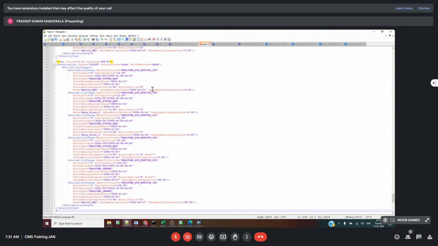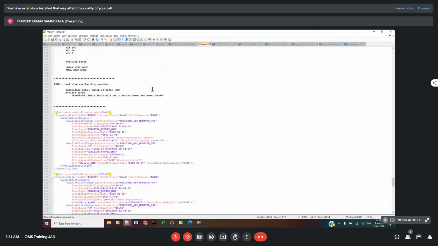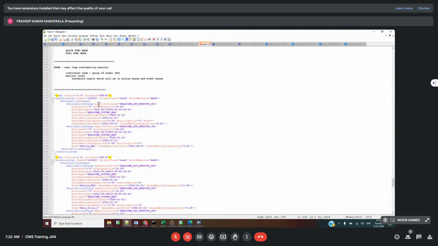So if you see, the XMLs look something like this. What exactly are these XMLs? You can see for this particular item ID, there are two availability changes that happened, with alert level 3. Alert level 3 is nothing but it is below the lower limit, and you can see the alert quantity is 10. Alert quantity 10 is nothing but we have the lower threshold as 10, and whenever it is alert